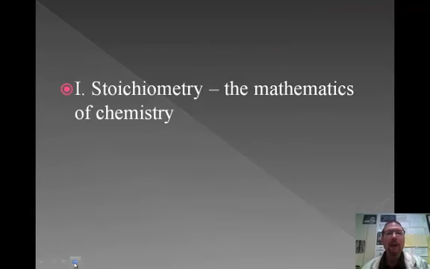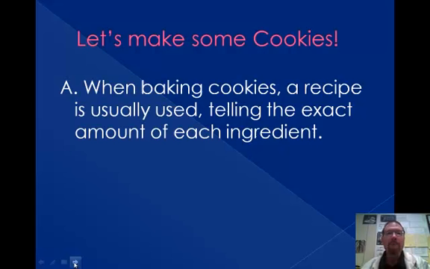There we go. First of all, stoichiometry is the mathematics of chemistry. I want you to think about a chemical equation kind of like a recipe. It tells you what all is going to go into it. It tells you what all you expect to get out of it. The big difference between a chemical equation and a recipe is, well, there's not really a huge difference, honestly. If you just think of it in terms of a recipe and what you're going to get out of it,